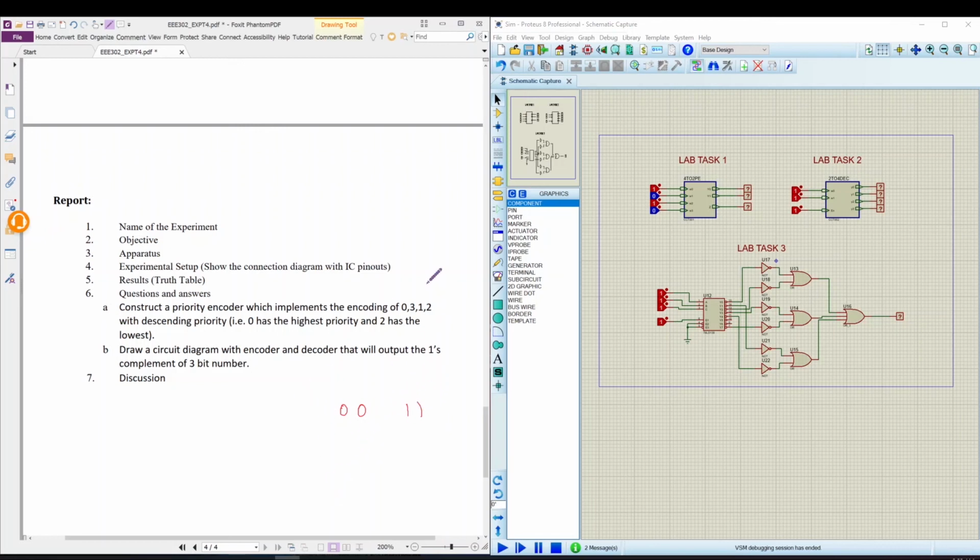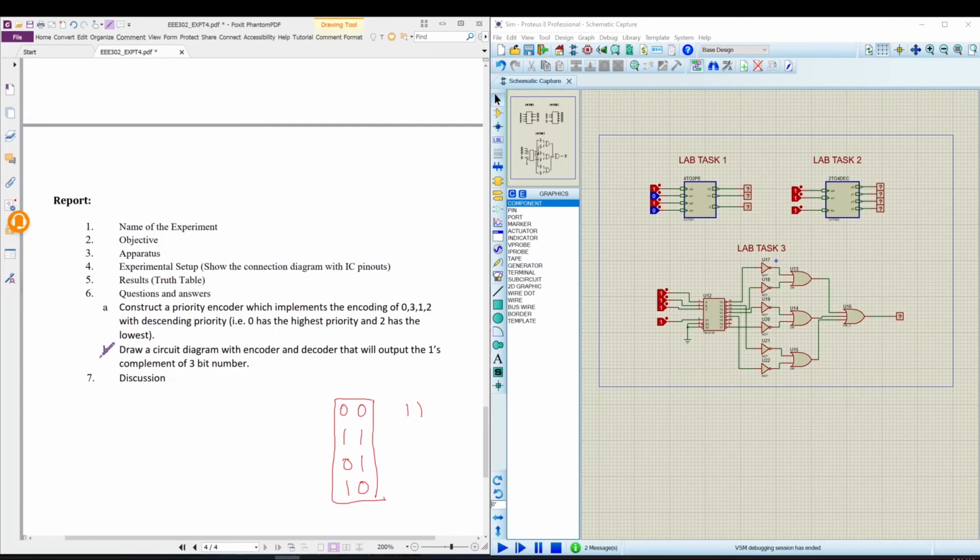In this case, 0, 0 will be the highest priority, then 3, that means 1, 1, will have the second highest priority, then 1, so 0, 1 will have the next priority, and 2 will have the lowest priority. So this is actually your output encoding from the highest priority to the lowest priority, and considering this you have to design the circuit